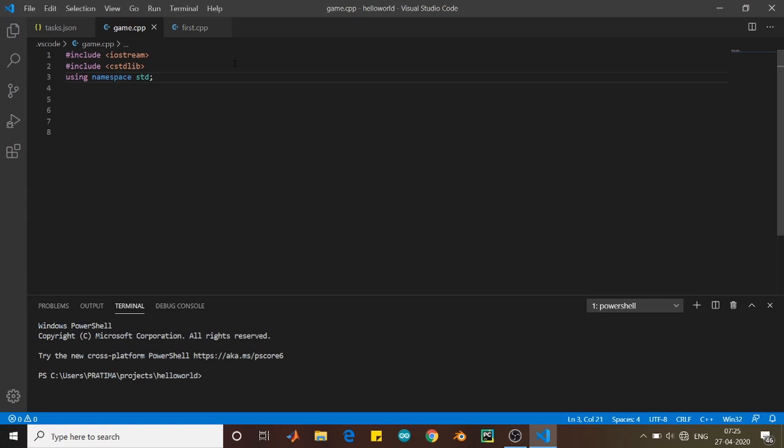To move further, for making a game we need to know how our game should look like. And for that we are going to use an array. We will name our array board. So as you can see, we have created an array of the name board, a 10 cross 10 array, and in the front there is char, which means the data type is char. You can choose anything like int or any other, but for our purpose in this game making we would be using char.